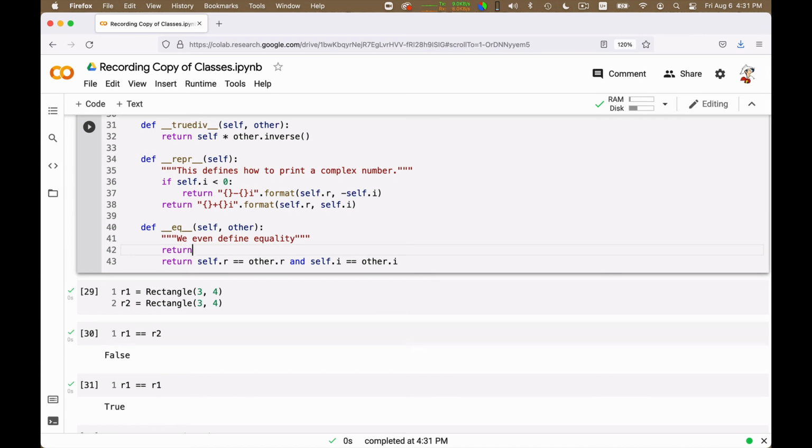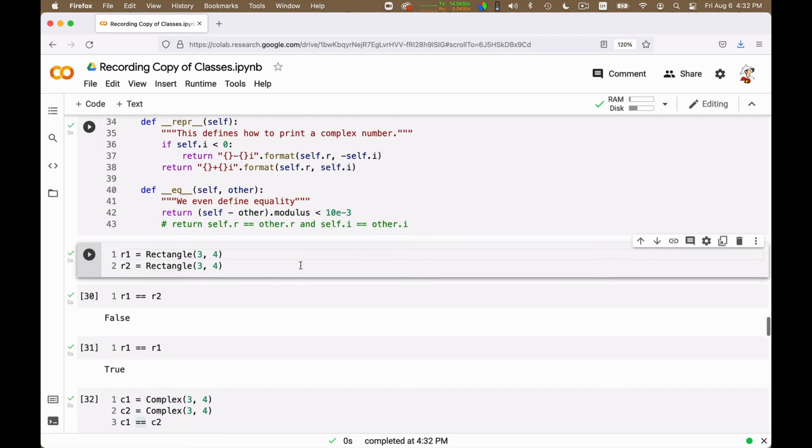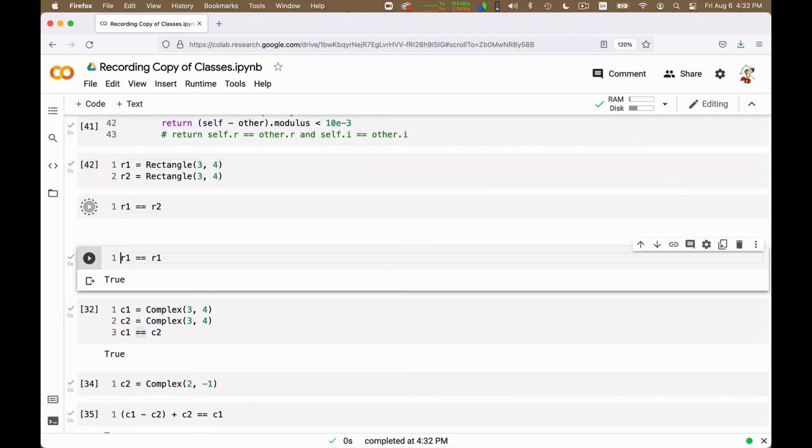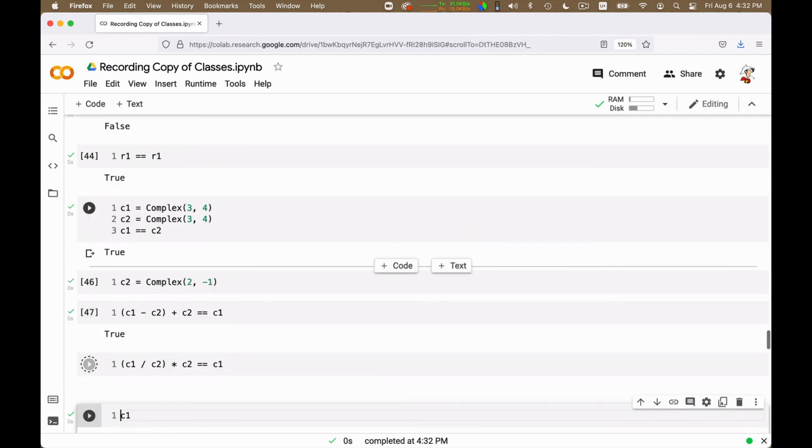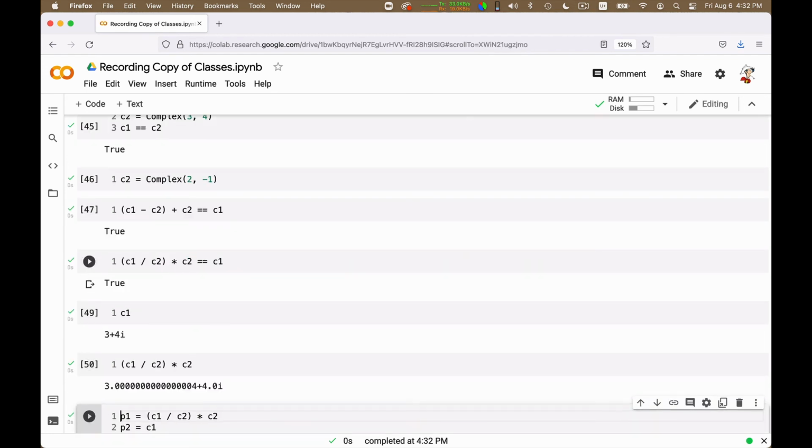You could say return self minus other, in modulus smaller than, I don't know, 10 to the minus 3. So something like this. This would probably work. We would need to recreate the objects where we run our code. But notice that this equality now is true.